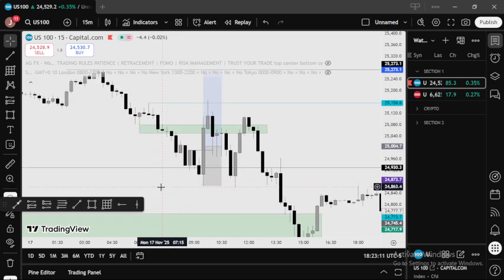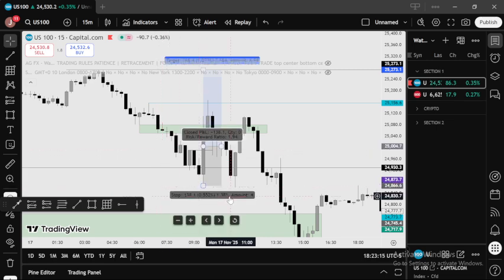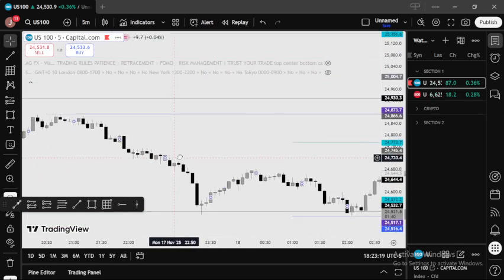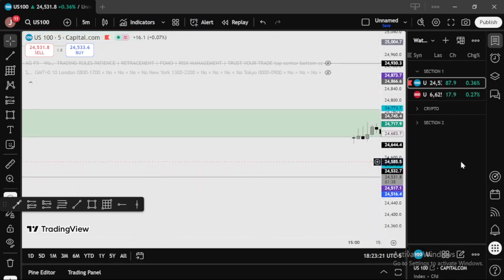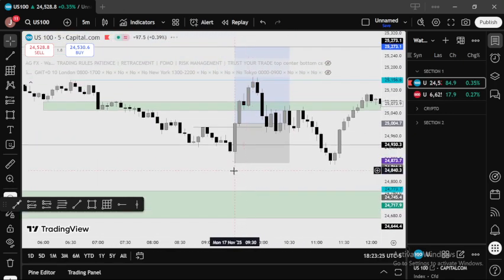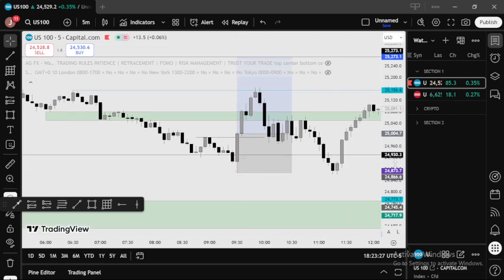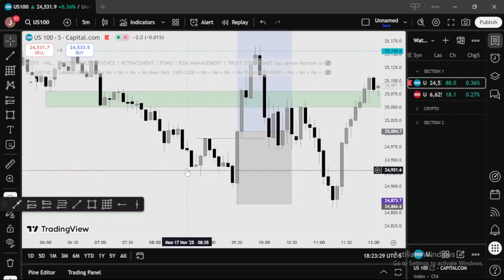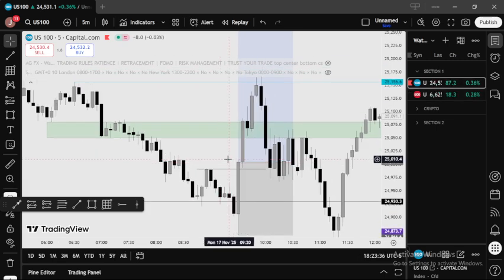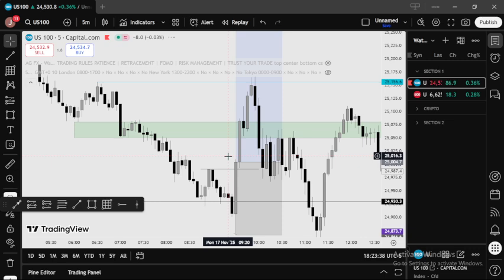and basically my entry was right around there. So 15 minutes, there's not much to look at. 5 minutes is where everything's at. Actually, I didn't even drop down to the 1 minute time frame for this trade because basically market open with this candle, and since we had already swept this sell side liquidity, we also swept it on the S&P 500. I'm not gonna go to the S&P 500 right now. It's basically the same thing.